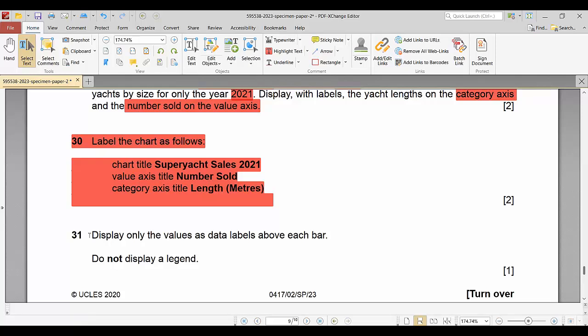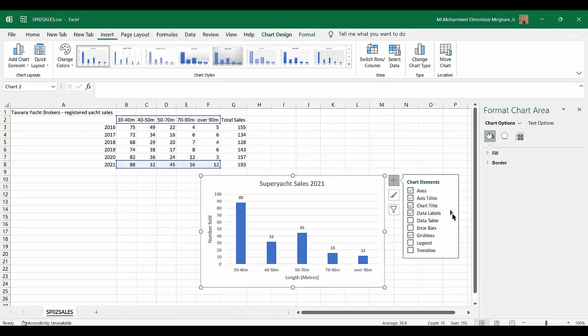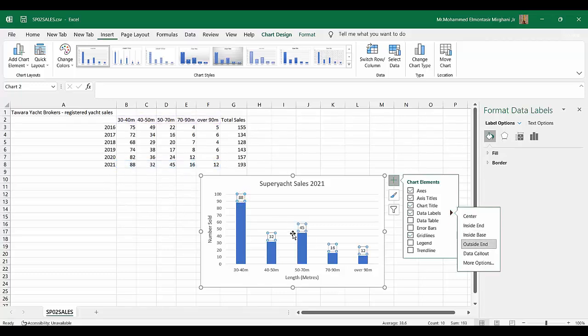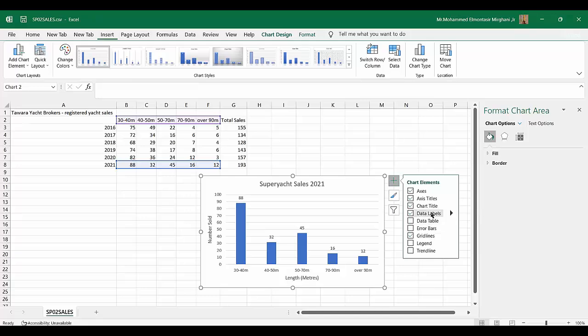And question 31, you say display only the value as the data above each bar. So I have to display the data of this bar above it. To do this, go to the plus sign and data label. It is right here. To make it on the top, you need to click on this option, which is outside end. It gives you the data at the end in here. To do this, just activate it, or you can click on the plus sign from here and choose the data